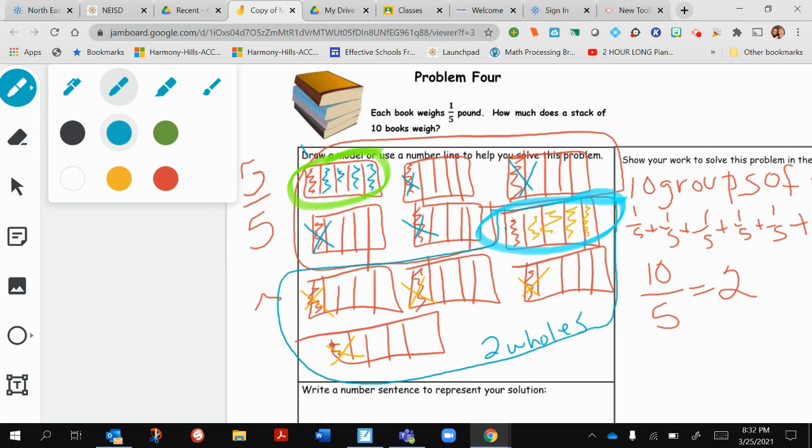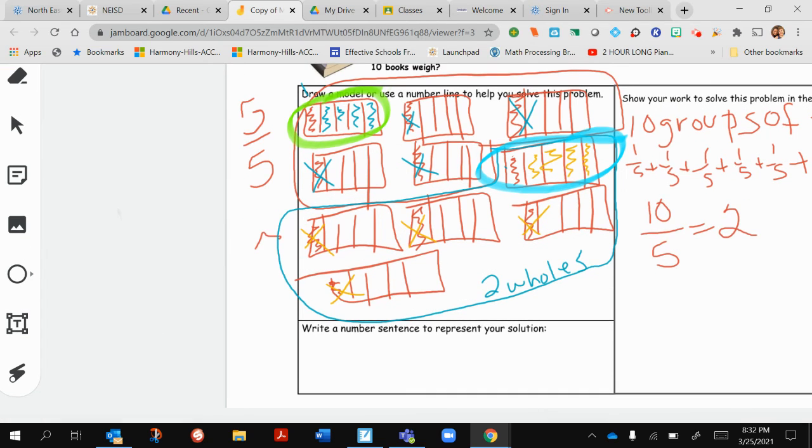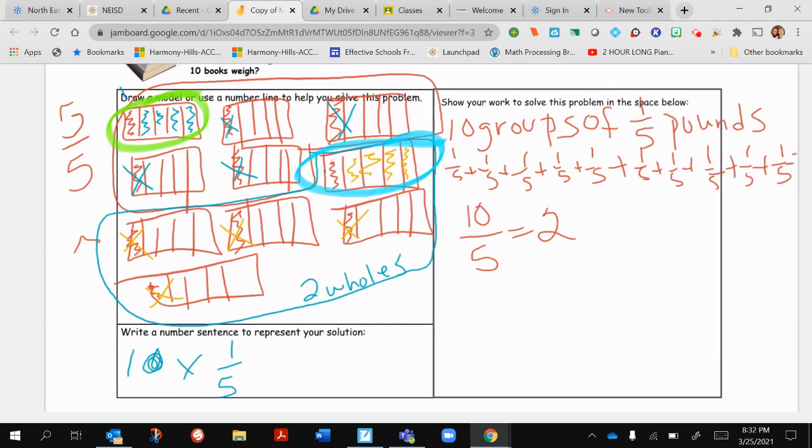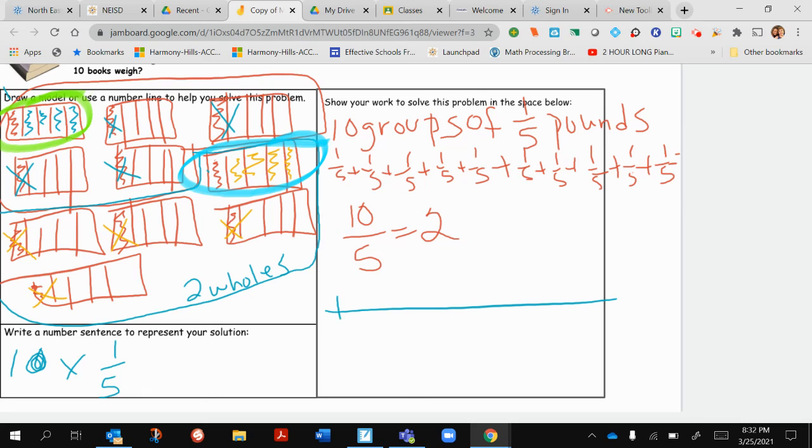All right. And last but not least, our number sentence is going to be 10 times 1/5. And on the number line, I have 1/5, 2/5, 3/5, 4/5, 5/5, which is 1 whole,